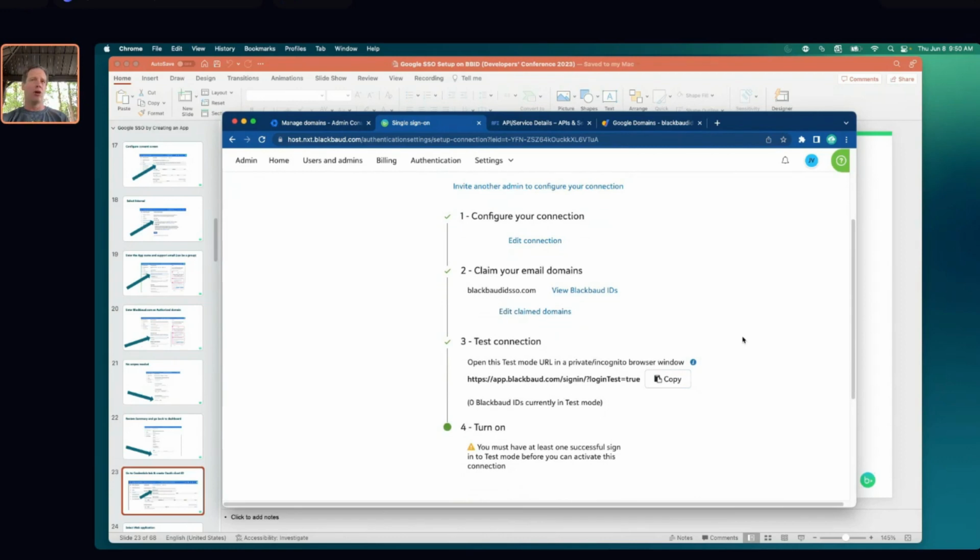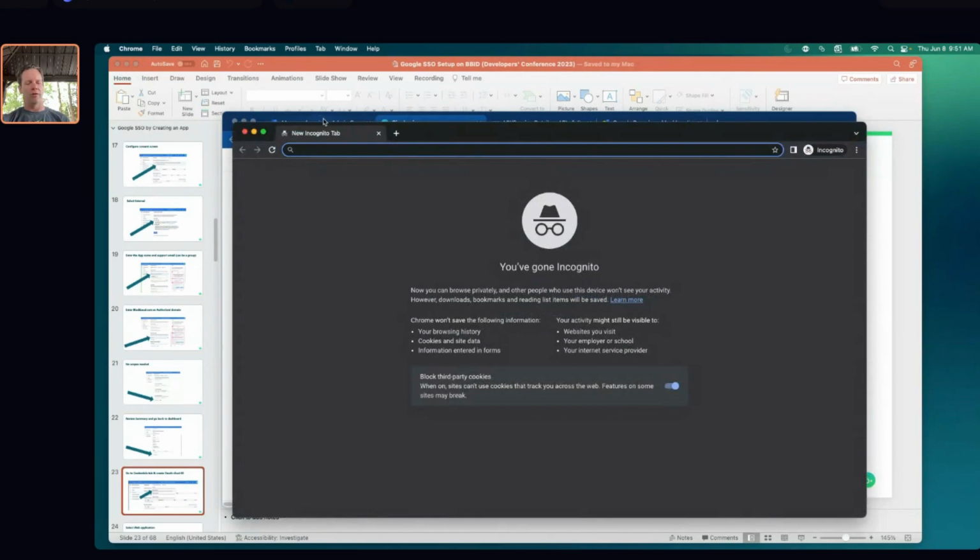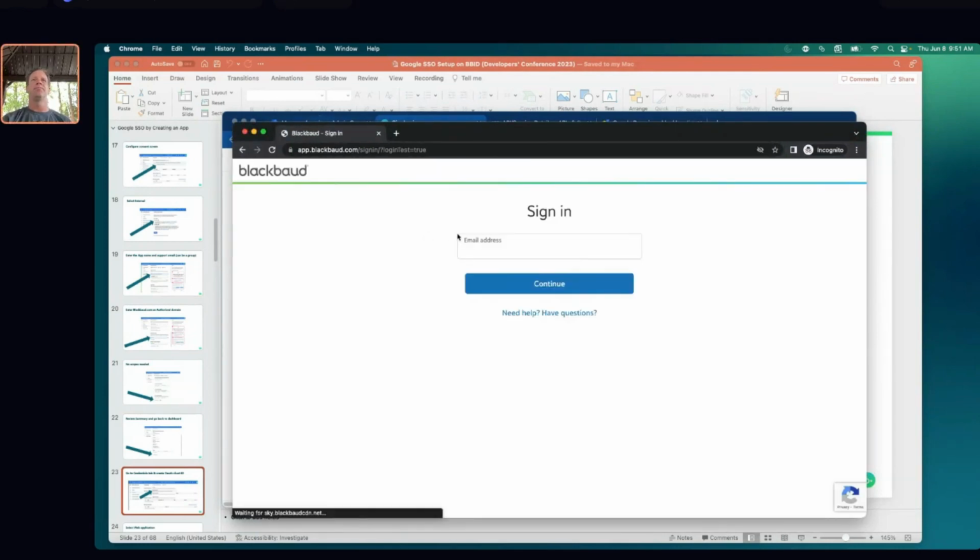And at this point, still, you're not impacting any users at your organization in production that are signing into Blackbaud. That won't happen until we turn on the connection. And before we even allow you to turn it on, we make sure that you verify at least one person is able to successfully sign in. So if you copy this URL and go out to an incognito window, paste it in,